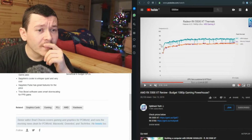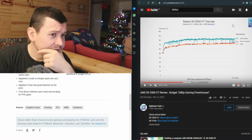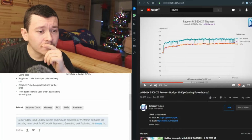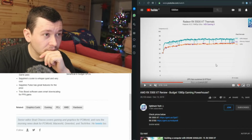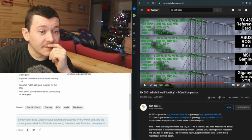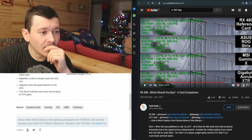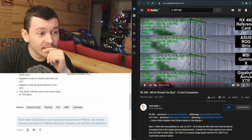So on this one we have Optimum Tech, a really nice reviewer. I'm going to use his chart here. This shows the temperature and how many minutes he ran Heaven 4 for the MSI Gaming X, and he had 74 degrees on the GPU with 870 RPM, and this is on the 5500 XT. And now on the RX 580 side, we have an MSI Gaming X from Tech Deals, another great reviewer, and he's getting 67. So this was 74, and this is 67 with a 40% fan speed,